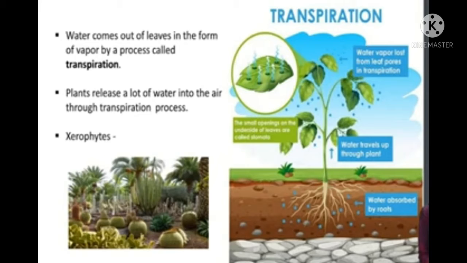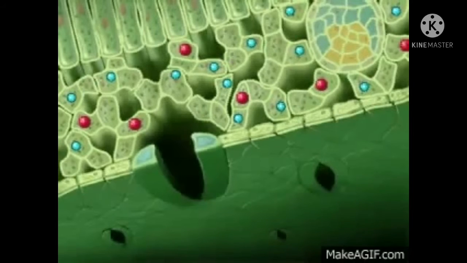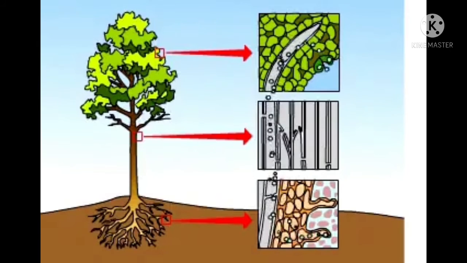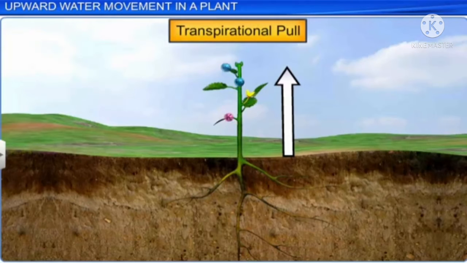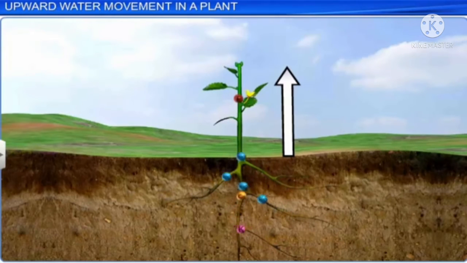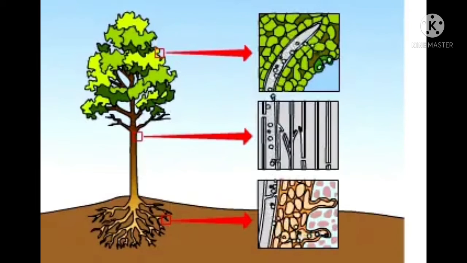This transpiration is done because of the stomata present under the surface of the leaf. There are stomata on the lower surface of the leaf. Stomata are small pores, and because of their opening and closing, gas exchange happens. Water vapor and carbon dioxide or oxygen can go in or out. So with the opening and closing of stomata, the process of transpiration takes place, or the pull of water and minerals from the body comes out through the leaves.